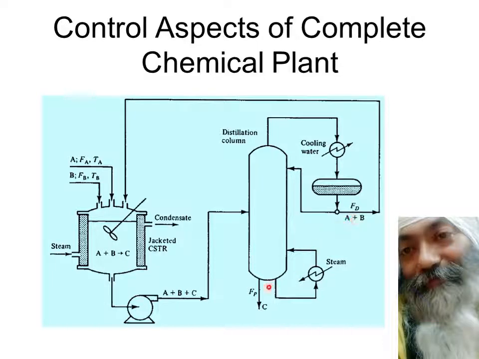And if it is not happening, in that case I have to reduce this flow, right? And if I reduce this flow, the level will increase. In that case I have to reduce this FA, and because I'm changing FA and I want to maintain the ratio of FA to FB, then this FB also needs to be reduced. So there's a coupling. The coupling is in two ways. This flow rate is affecting this distillation column, and this flow rate is affecting this CSTR, right? And along with it we have to control the steam.